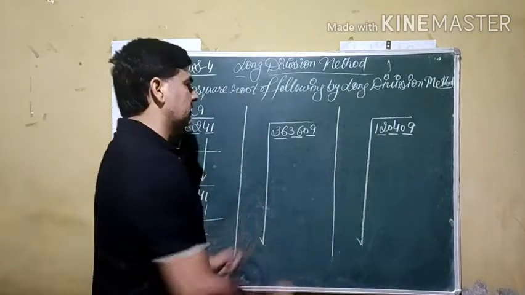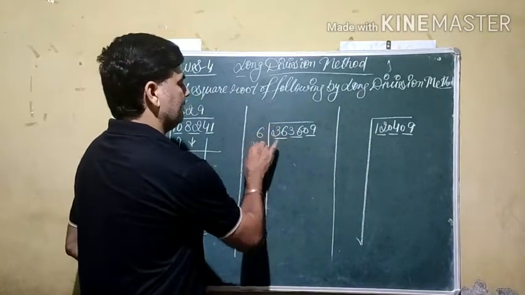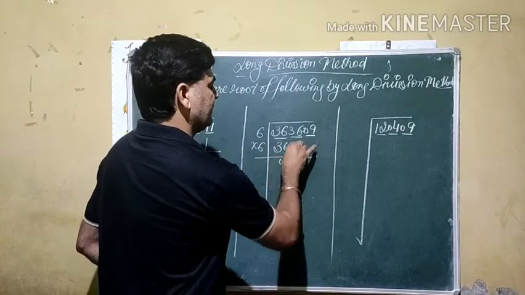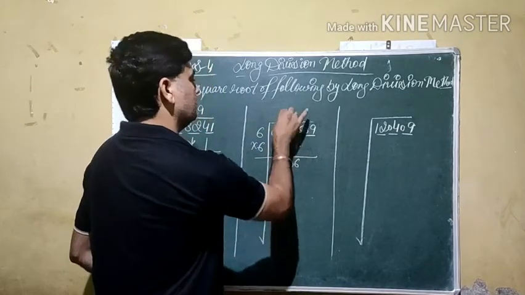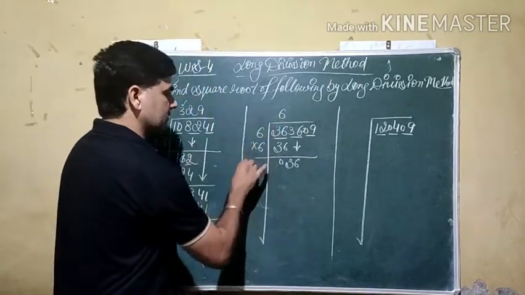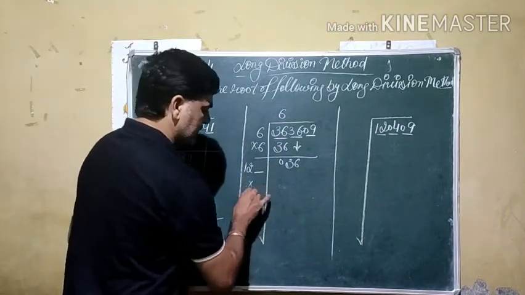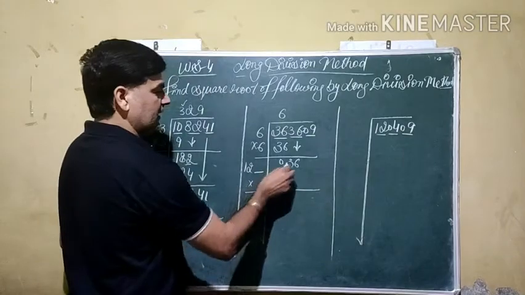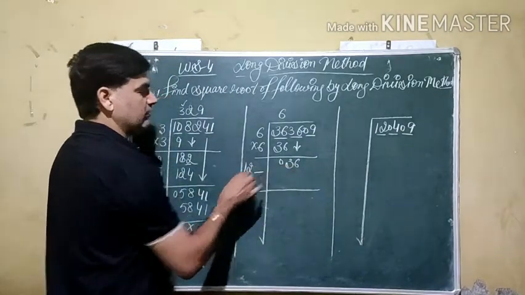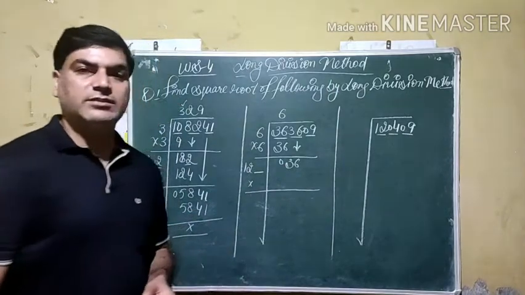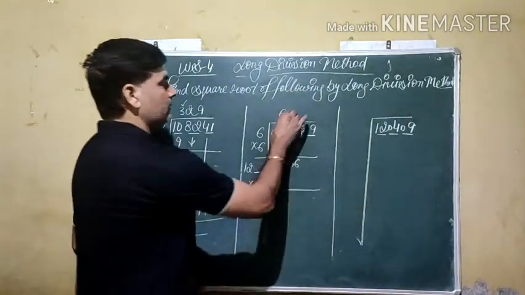Continue on the next. Square of 6 is given by 36. 0 balance. Next pair turn. Here comes out 6. 6 plus 6, 12. We use a digit, multiply same digit. If you see here, it is a 2 digit, but here it comes out 3 digit. A 2 digit number cannot be divisible by a 3 digit number. So we put here 0.